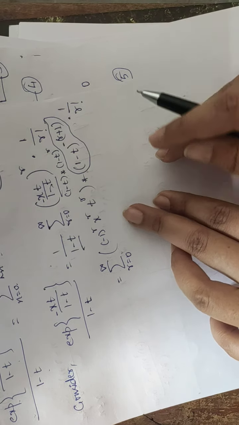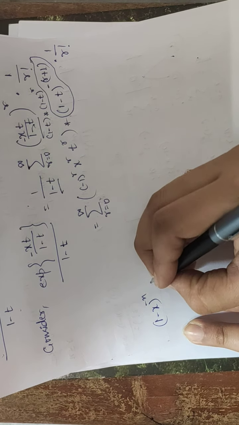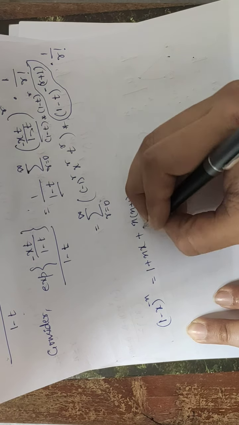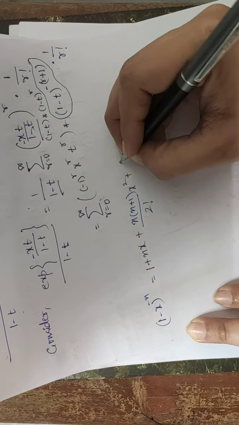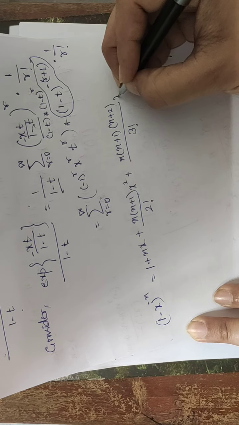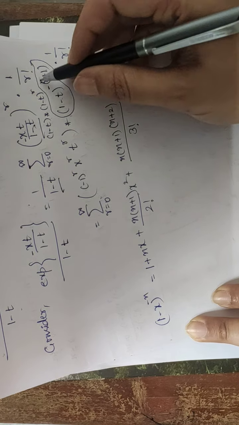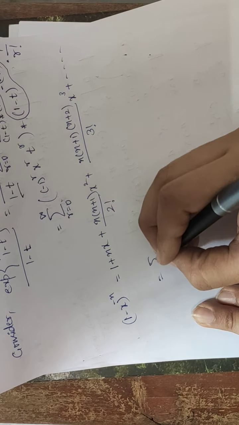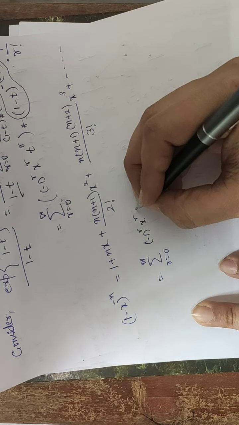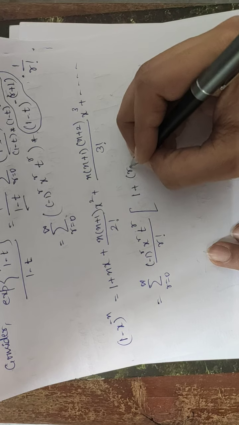So now to this part, I will use binomial expansion, that is (1 minus x) power minus n. So (1 minus x) power minus n is nothing but 1 plus nx plus n into (n plus 1) by 2 factorial into x square plus n into (n plus 1) into (n plus 2) by 3 factorial into x cube plus so on. Let's use this binomial expansion to this term now. Okay, so this is nothing but summation r is equal to 0 to infinity (minus 1) power r x power r into t power r by r factorial into 1 plus (r plus 1).